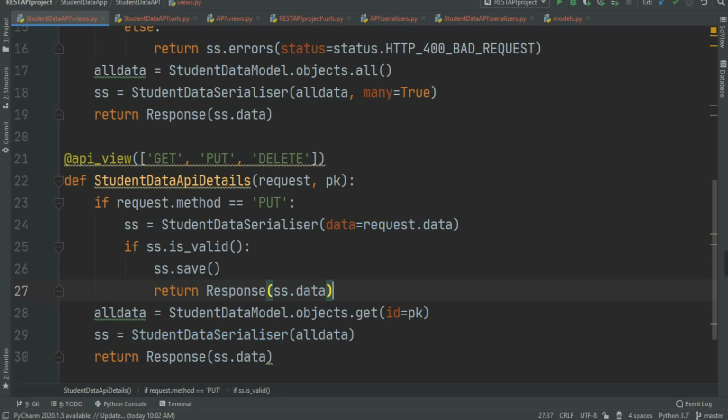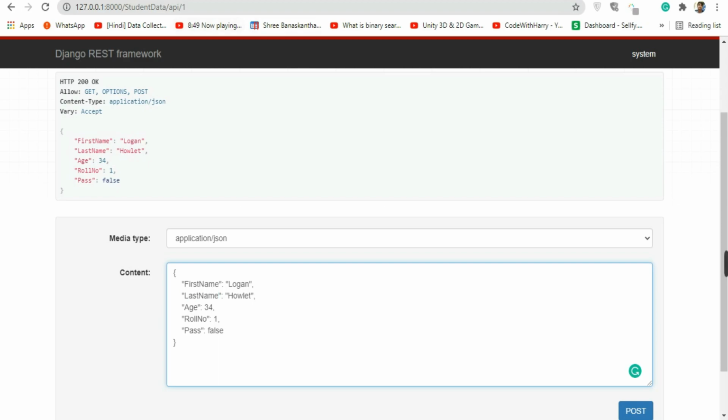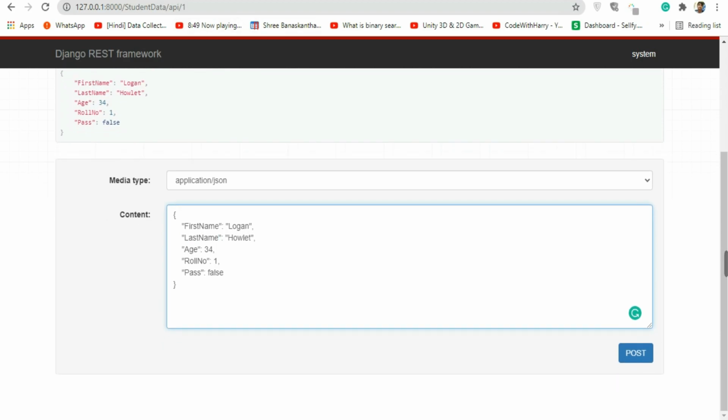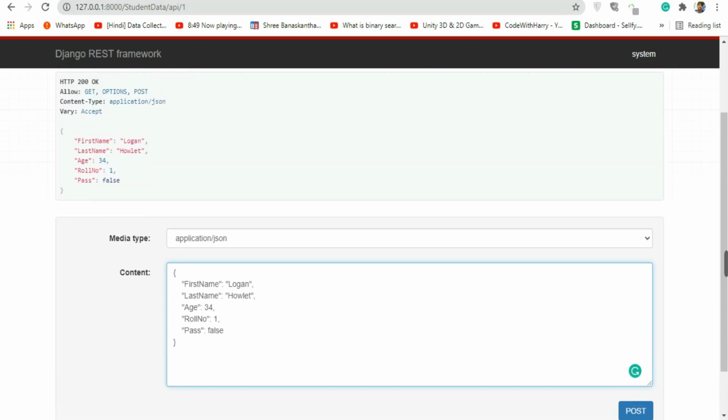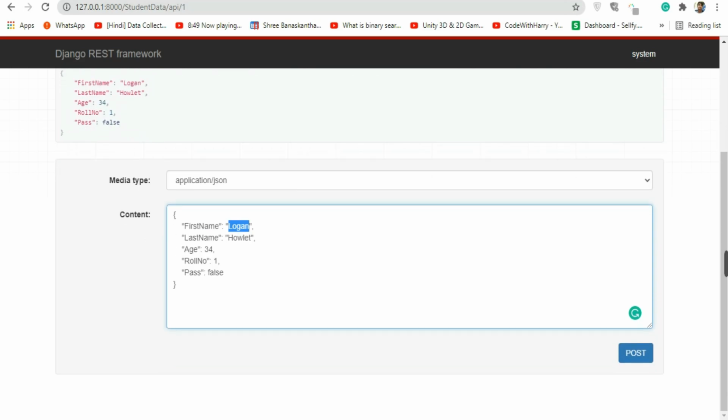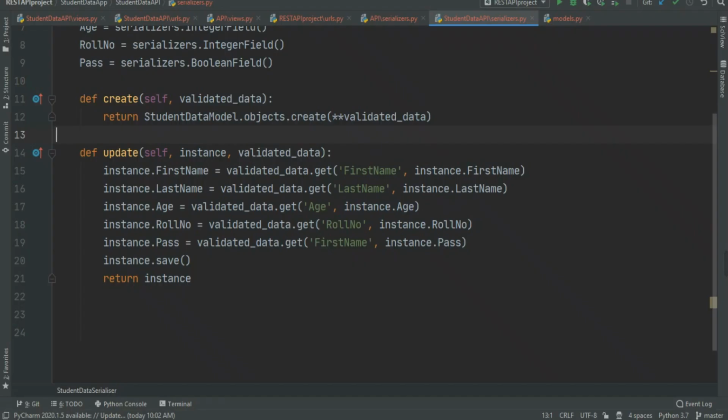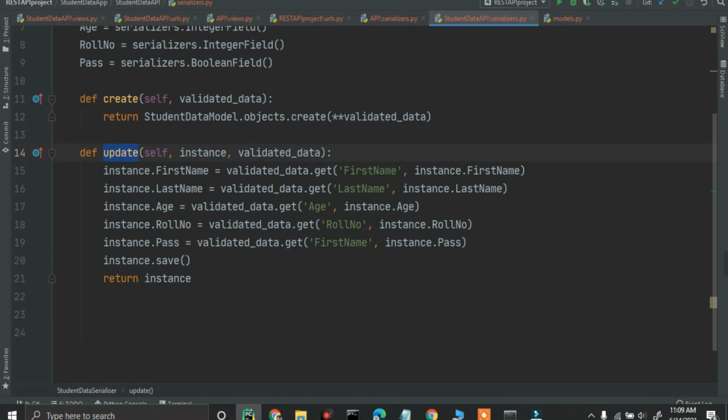Now, if you are on the details page and someone is trying to change the data, for example this is the data, and if you change the login to Wolverine and click on post, it will go to the update section in the serialization, because we are updating the data.